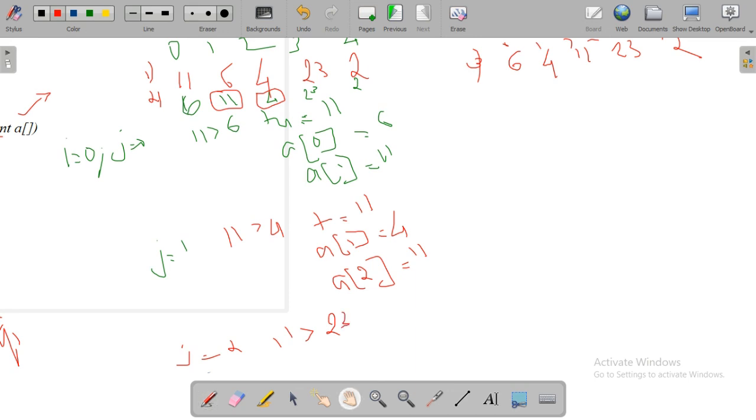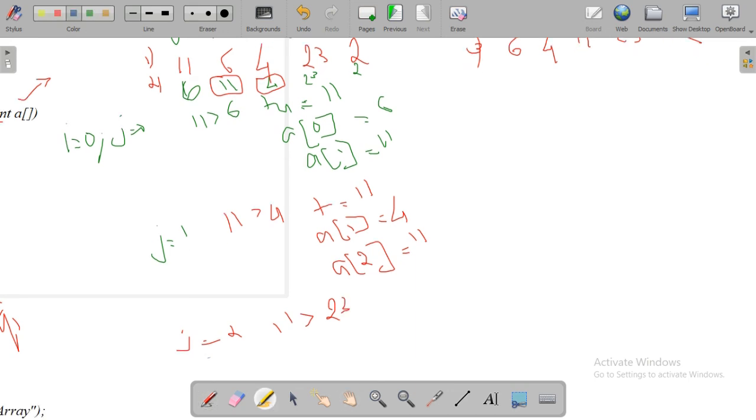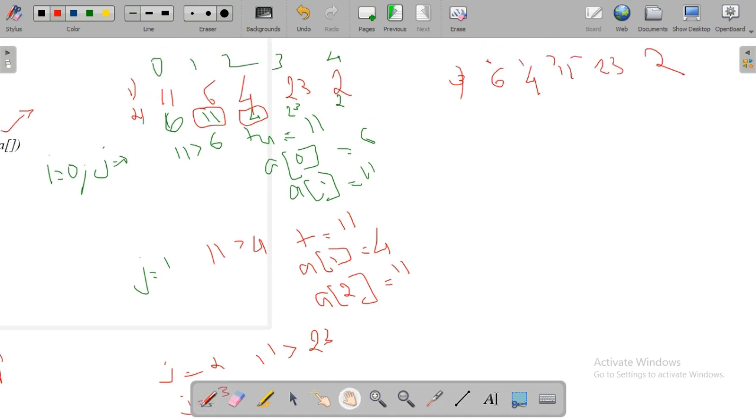The next j is again updating, j equal to 2. The positions are 0, 1, 2, 3, 4, so 2 means 11. Is 11 greater than 23? No, the condition is false, so no need to exchange the values. It will go to the next j, j equal to 3.